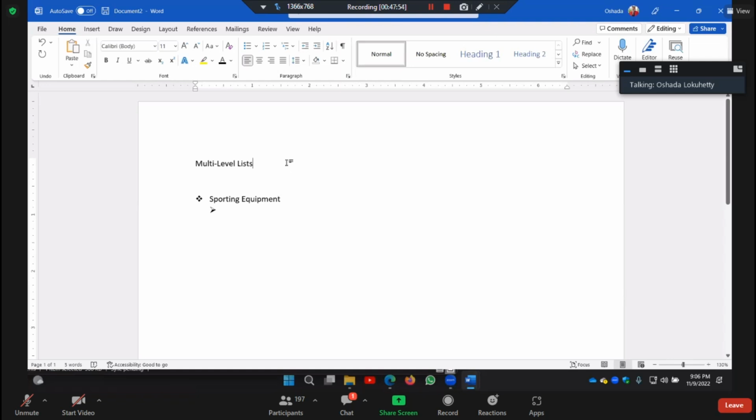With the tab key, the main point will be shifted to a sub point. You have to press the tab key after taking the main point. Then you can type baseball,